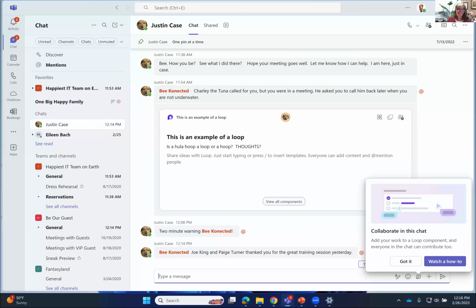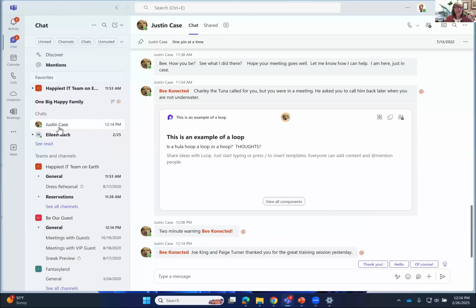But as some of the new features, it will show you in the new Teams, it will demo some of the features that are inside of here. I encourage you to check these things out so you can learn a little bit more about some of the new features in Teams. Or if you don't want to do this, you just click on Got it and it'll go away. So in this case, I want to just first demo how to add Just In Case to the